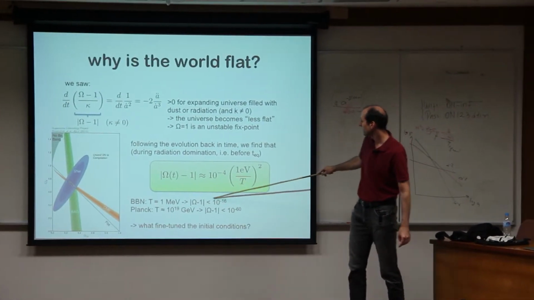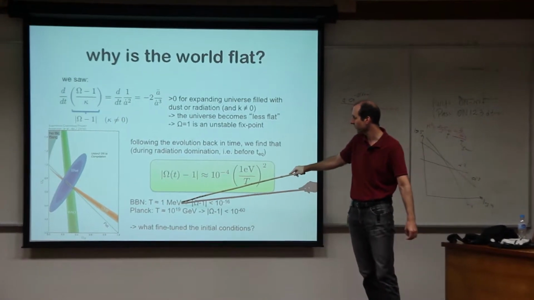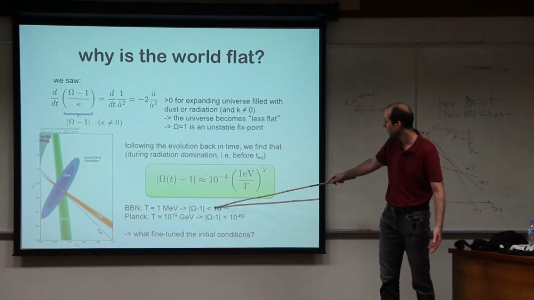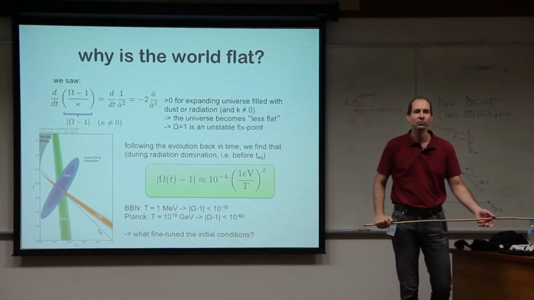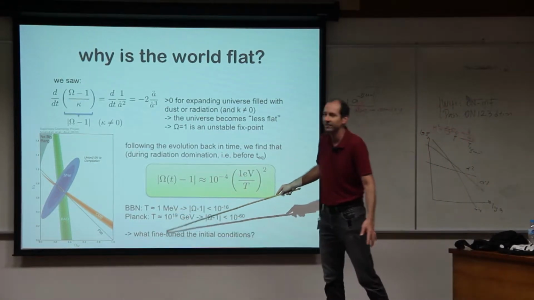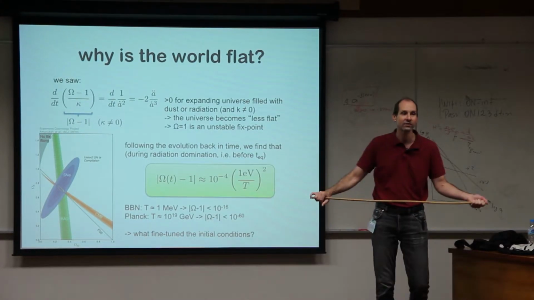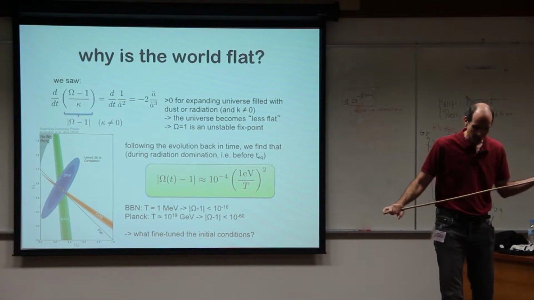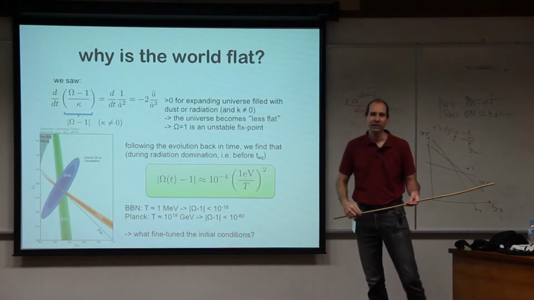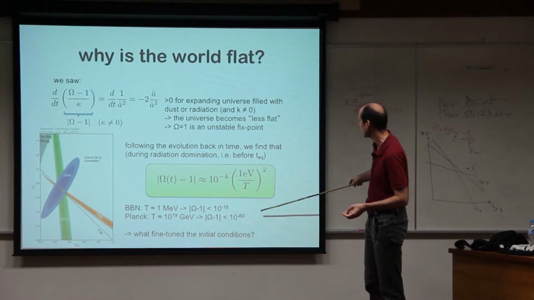Basically at Big Bang nucleosynthesis, at an energy of a mega electron volt, physics that we think we understand very well, the universe had to be flat to 1 in 10 to the minus 16. If you go back to Planck, which is not really very realistic, it would have to be even smaller. Such small numbers normally need some kind of explanation, but you can say initial conditions. But it's nicer if you have a dynamical way to create this.